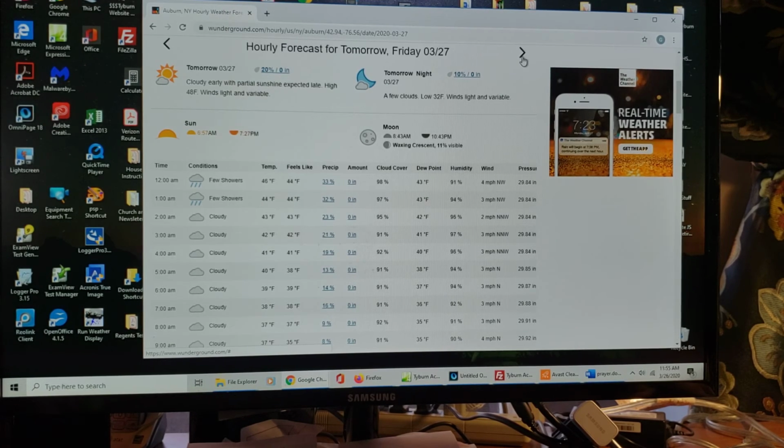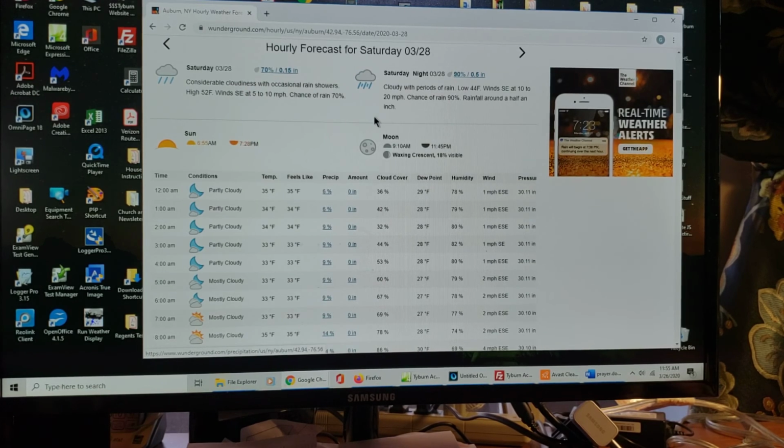So that front is coming through. Tomorrow night down to freezing right here. These are the hourly things, and they're okay, but I prefer just to look at the written ones. Saturday is cloudy again with some rain showers, and Saturday night some rain. It'll be heavier. This is the amount of rain. That's half an inch. That's enough that'll bother you if you're outside.